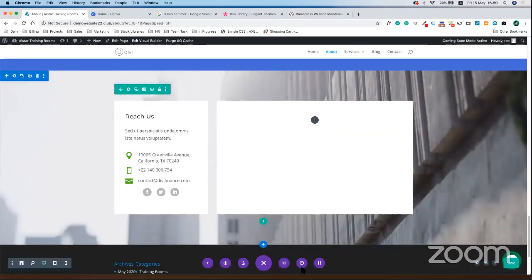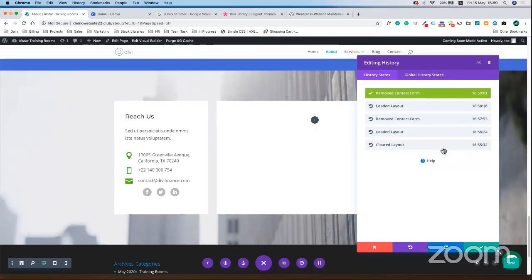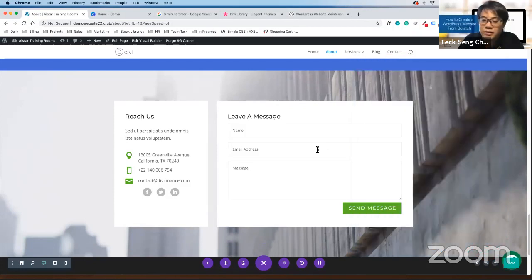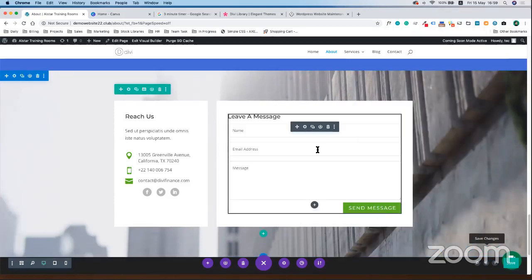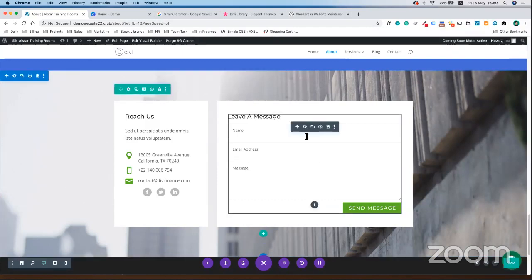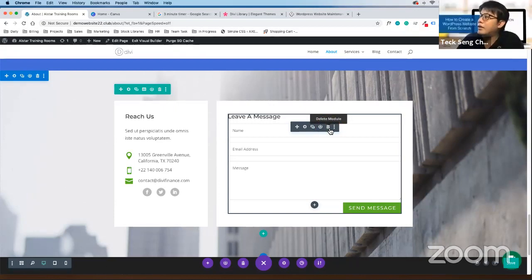Oh, I'm actually at the about page. I scroll to the leave a message section. I'm supposed to delete it off. I don't know how to delete. Okay, this is what you see right now, the original page. You're right. So you scroll down to the contact form already, right? Just mouse over to it and then there is a bin. Oh, okay. Just delete it. Yeah, okay, deleted already. Click on the plus sign.